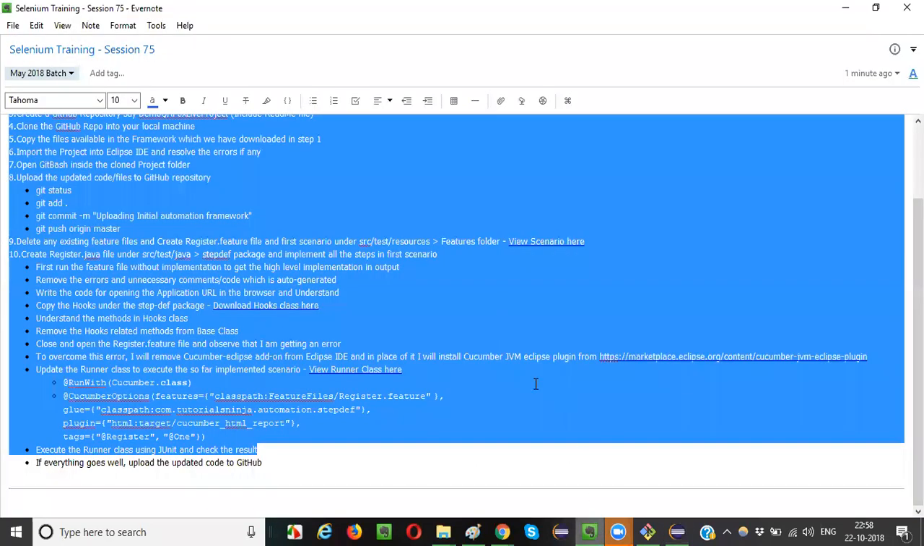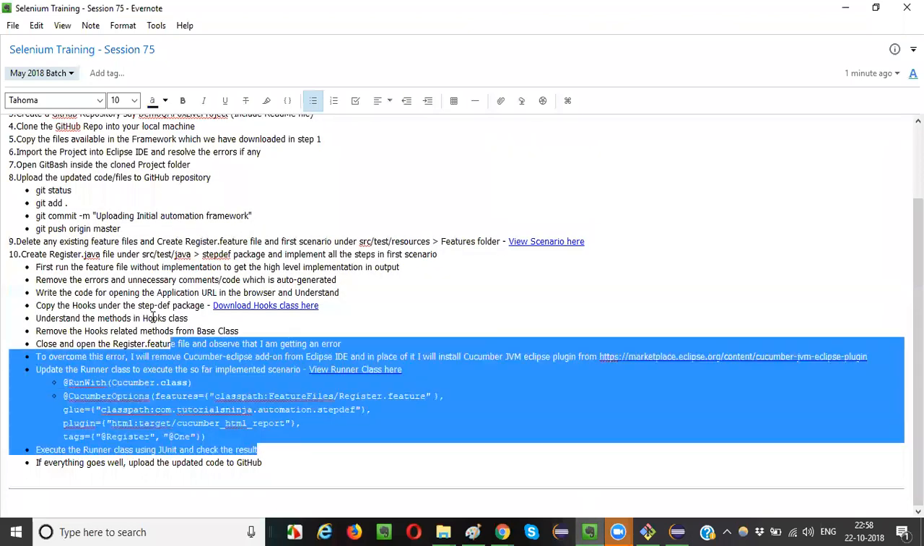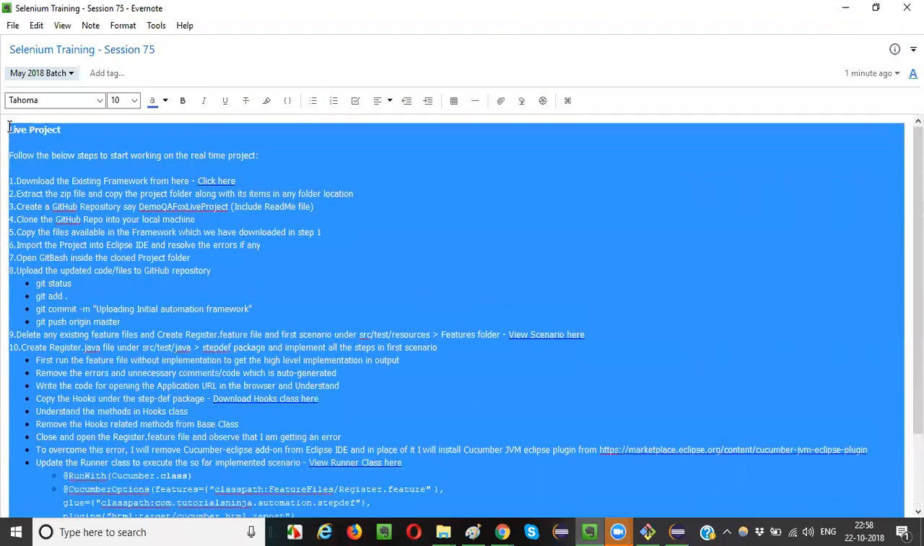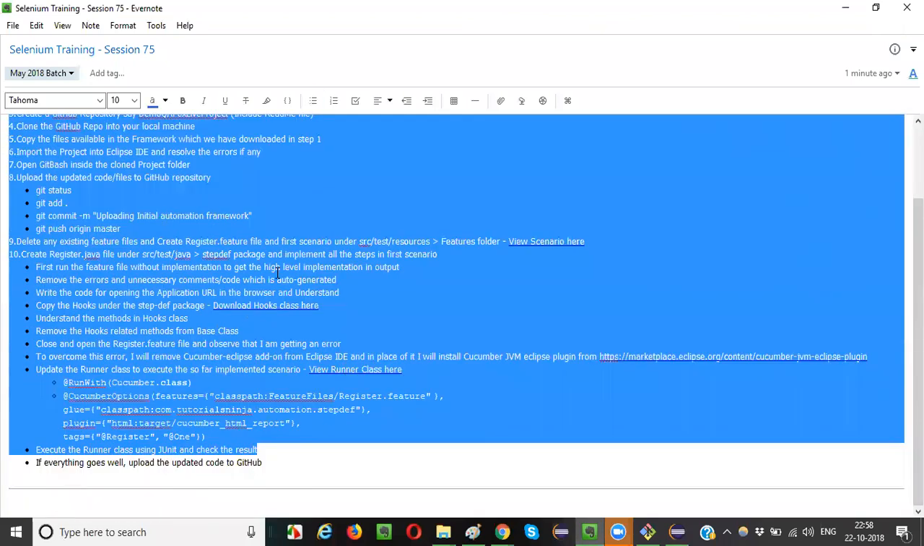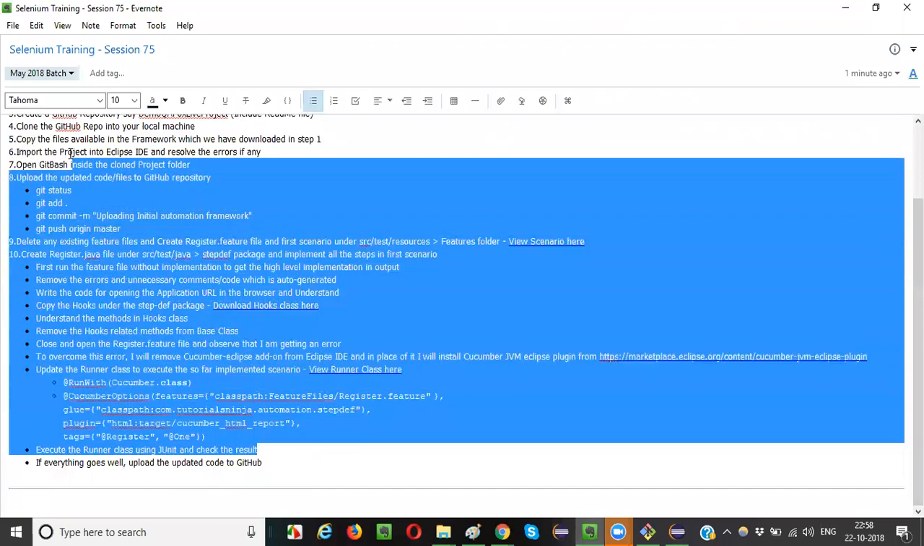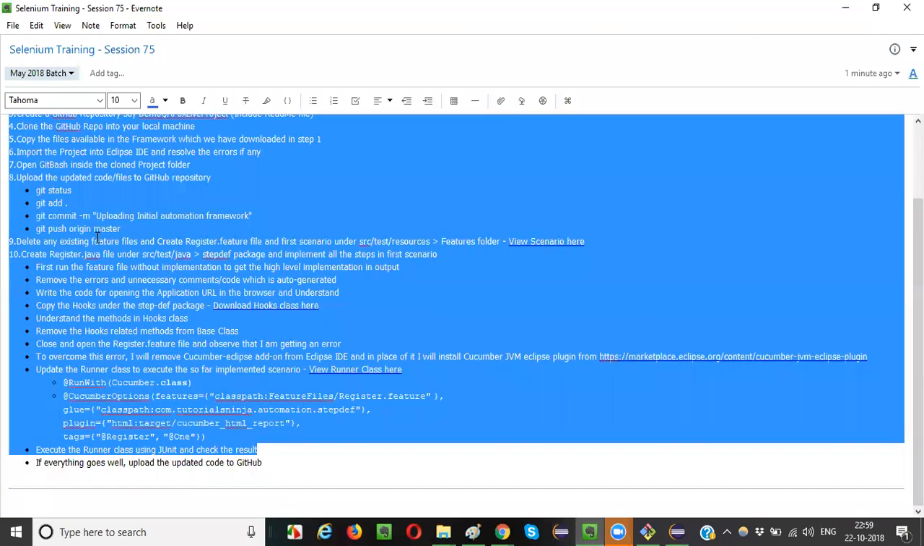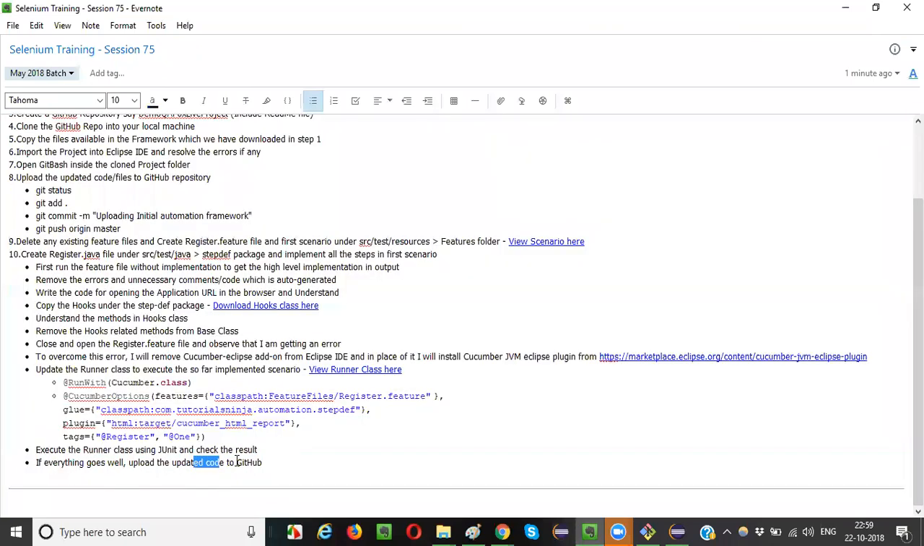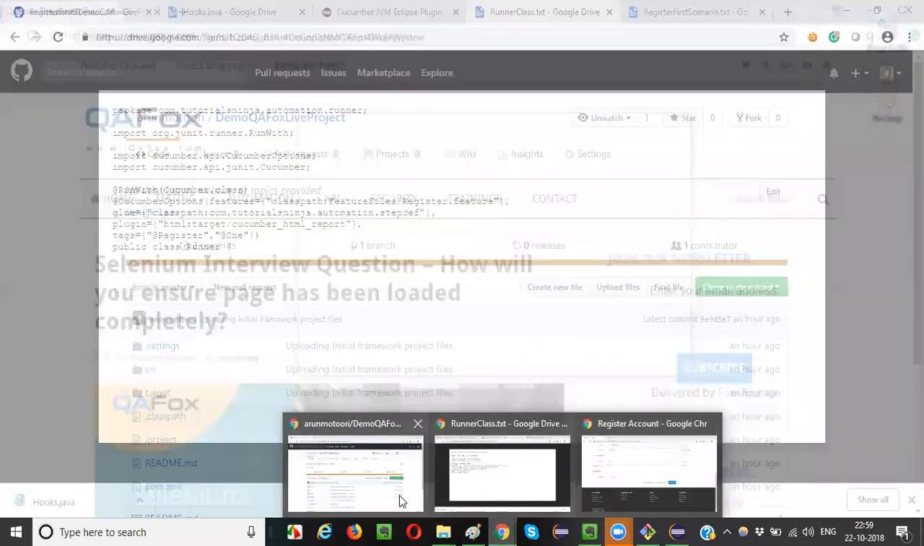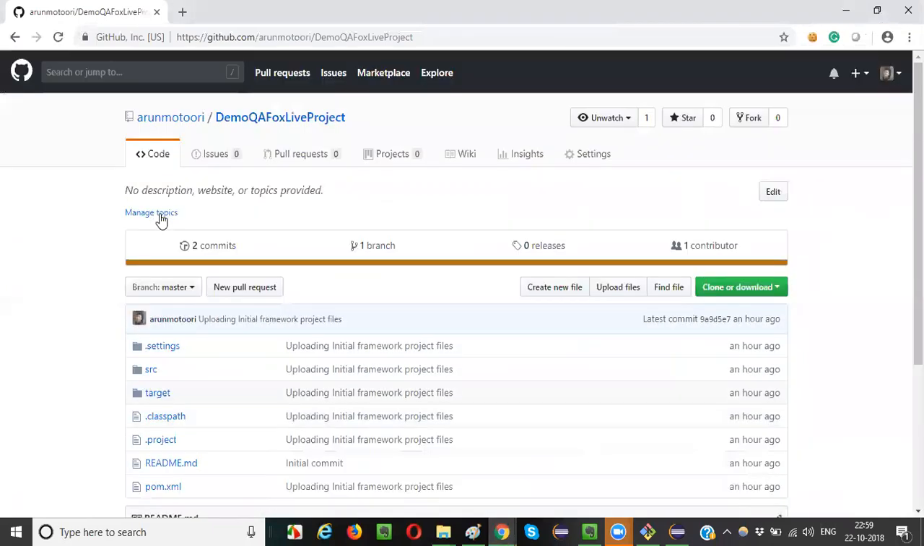And finally, we have probably reached a point where we can update our GitHub. Whatever the changes we have done so far, we can update those changes into our GitHub repository. This is the GitHub repository. If you remember, so far 2 commits are there. So what I will do here is,